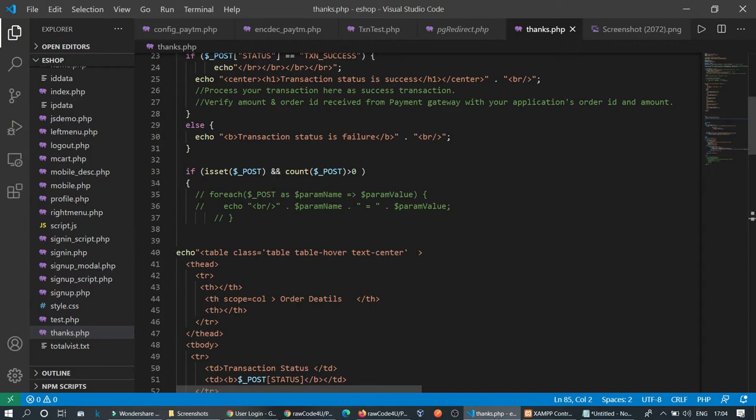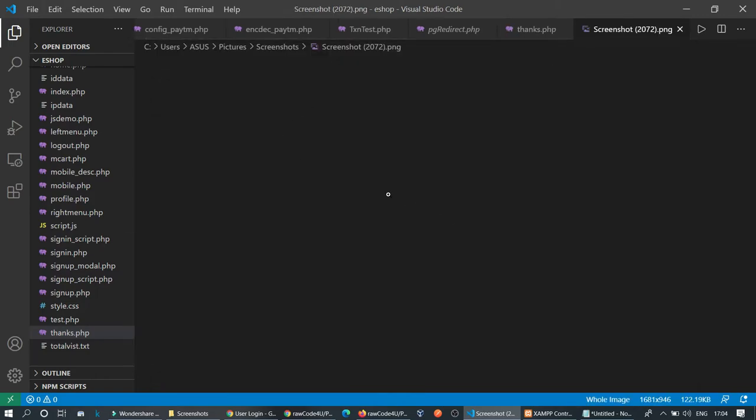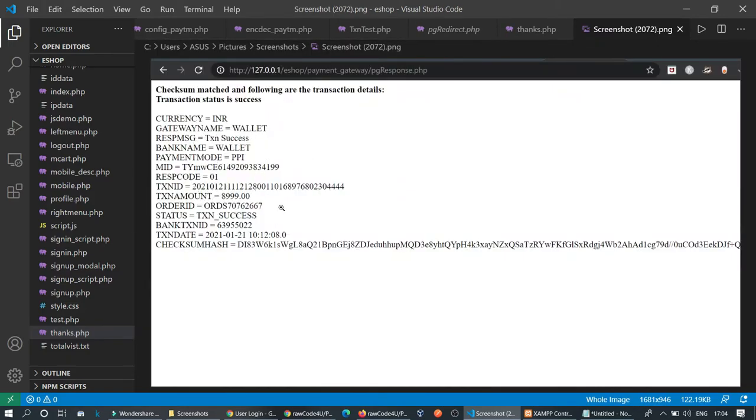And after that, if successful, we print all the data of the checksum in a foreach loop, but all the data is not necessary for the user. That's why we don't print all the data that looks like this. All this data is coming from the checksum and we are printing it through a foreach loop, but the client does not need these details.